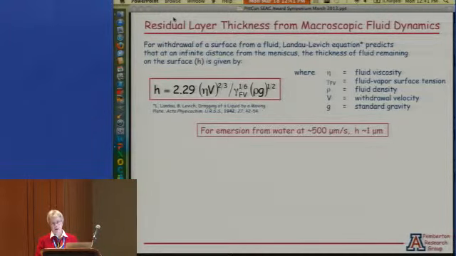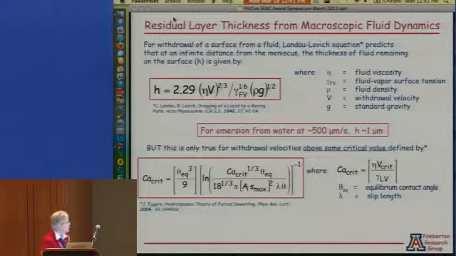And we're measuring 1 nanometer, okay? It's a big, big difference. So clearly hydrodynamics is problematic here. And the real breakthrough came when we asked the question, well, does this relationship hold for all conditions of velocity? That turned out to be a really important question, and was not really adequately answered until the work of an applied mathematician by the name of Jens Eggers in Great Britain in the mid-2000s,